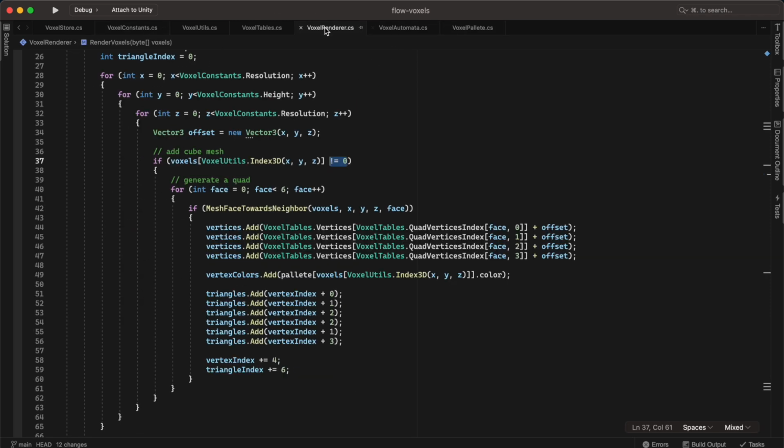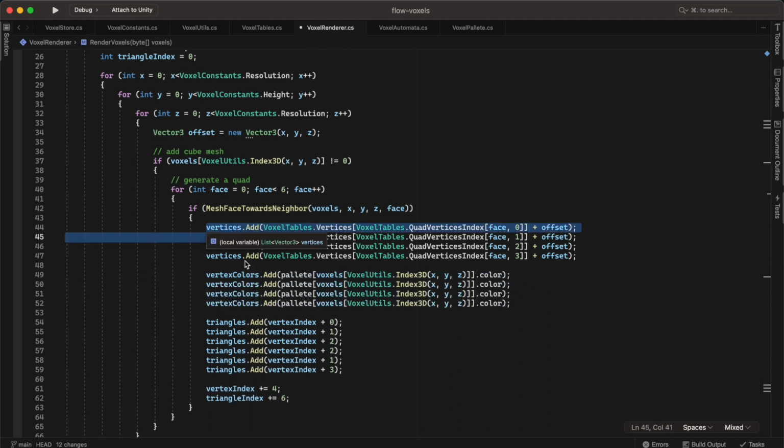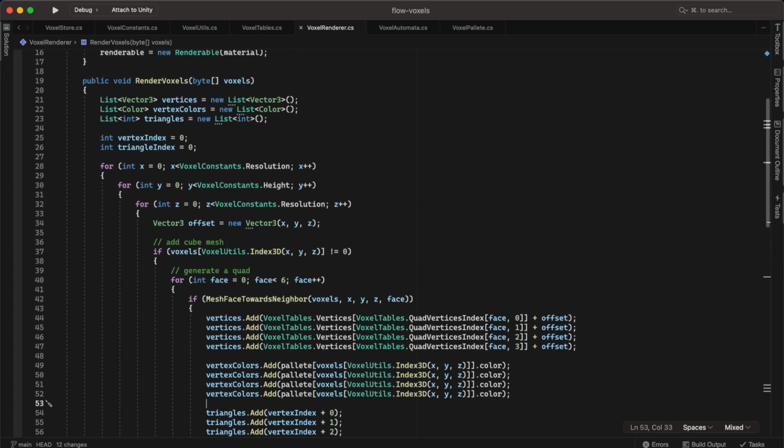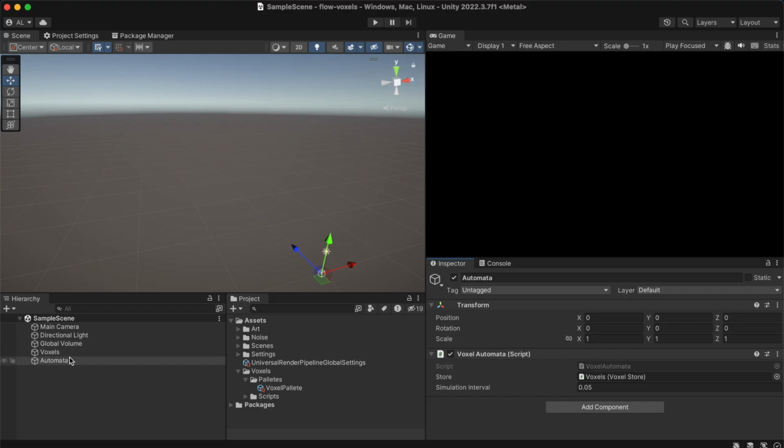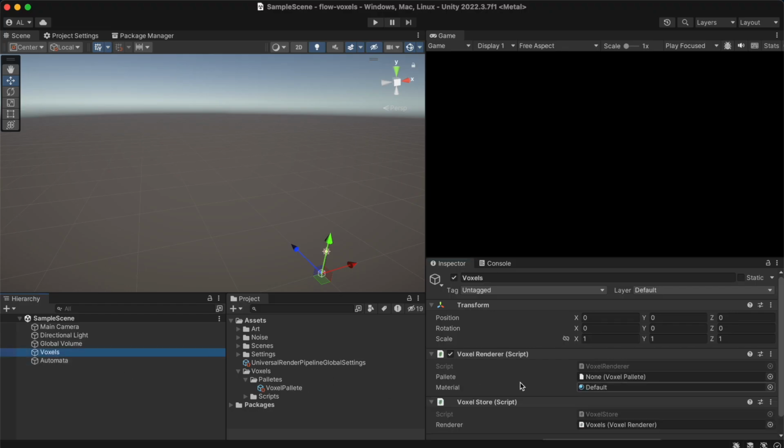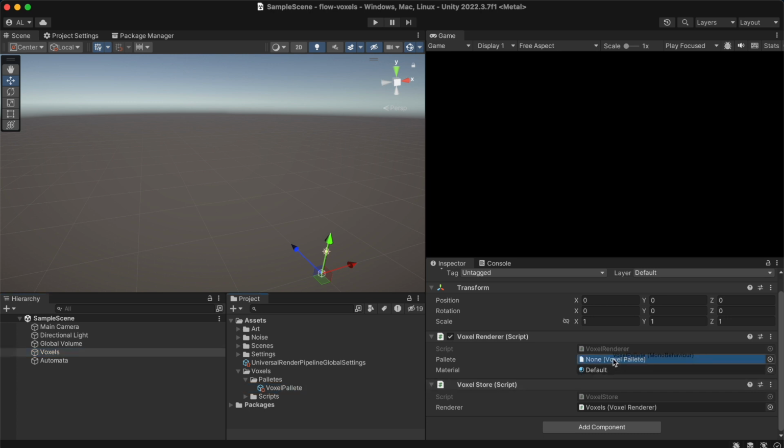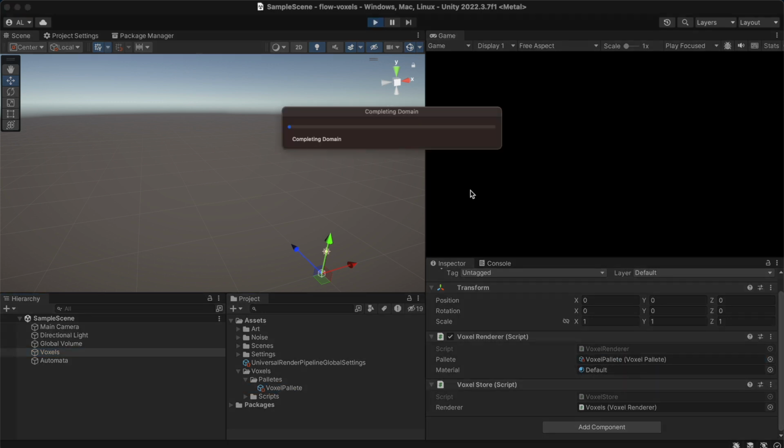So we got that now in our voxel renderer. Let's just go ahead and do 4 of those, so 1 vertex color for each of the vertices. And with that, in the voxels, just make sure you set the voxel palette. That is something I forgot to do. Okay, so now if we click play,